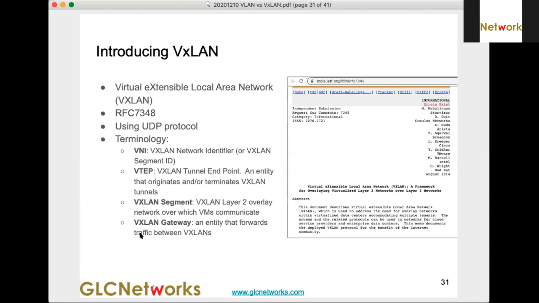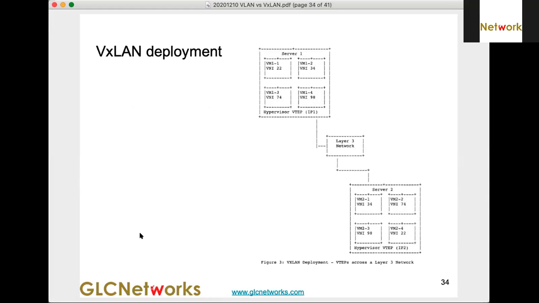So VTEP, we have a tunneling endpoint. As you can see, you have a VTEP here and also another VTEP here. So you have an IP here and then an IP here. Both of them will connect over the IP address, over the layer 3 networks, and then they can communicate with each other, and the customer here can connect to the customers there. So it's like a zone.